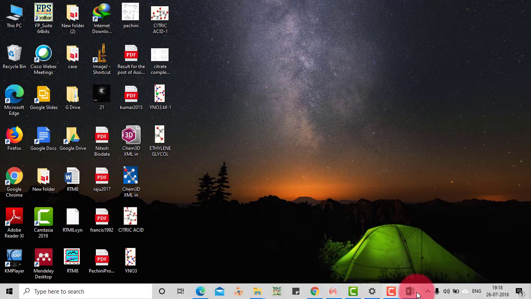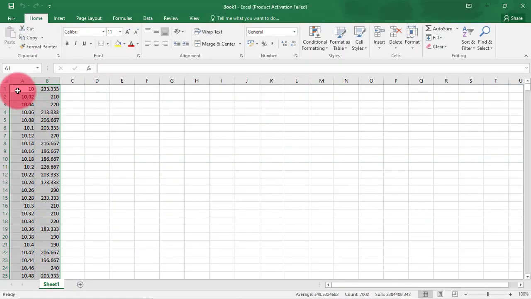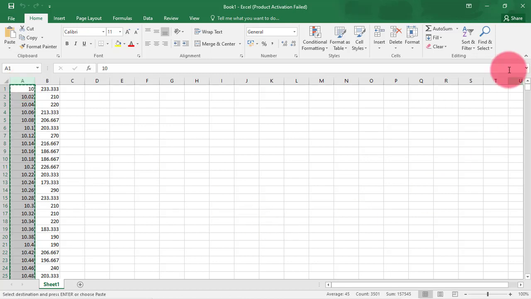Let me add some data first. I have this Excel sheet and I have some data here. I'm going to copy this data one by one. First I will select column A, which I have to use for the X parameter of my graph. I'm going to select this column and press Ctrl C.